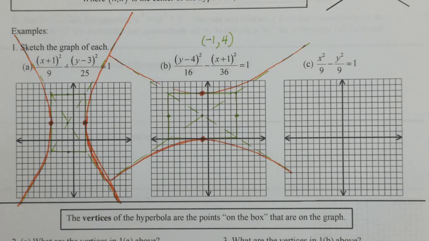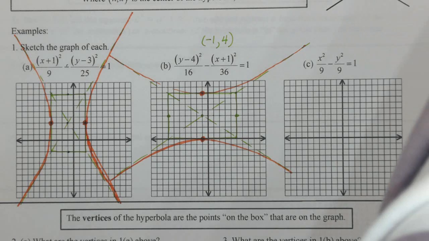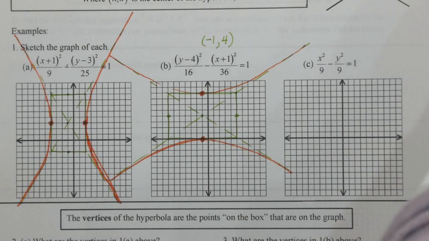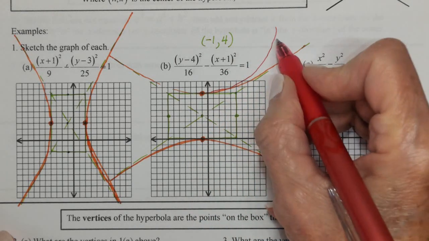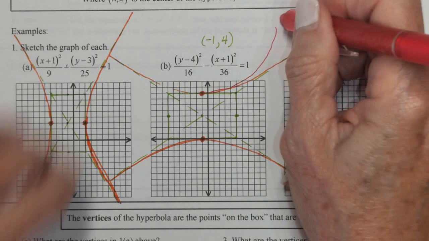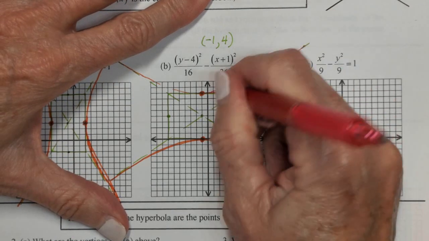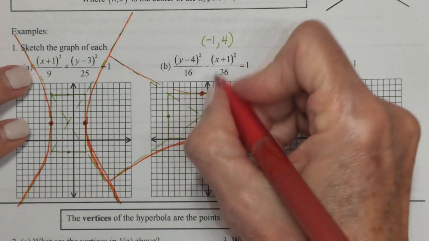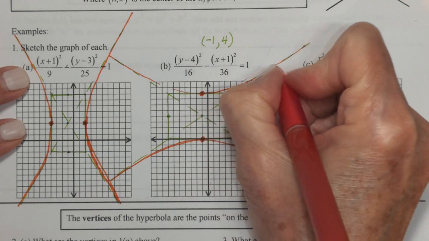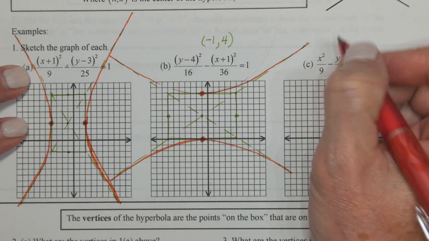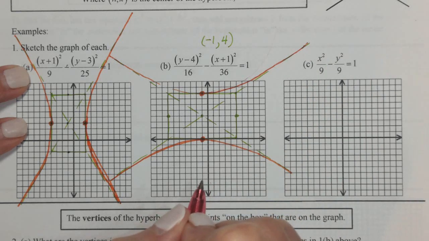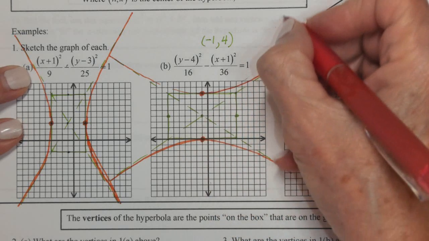Make sure that you do not draw it. Let me get a different color here. When you draw this, make sure you do not make it look like a parabola. Don't do that. It does not look like that. It needs to get closer and closer to those asymptotes. So it needs to really come out here like that. I would rather see it lying right on top of the asymptote than curving away from the